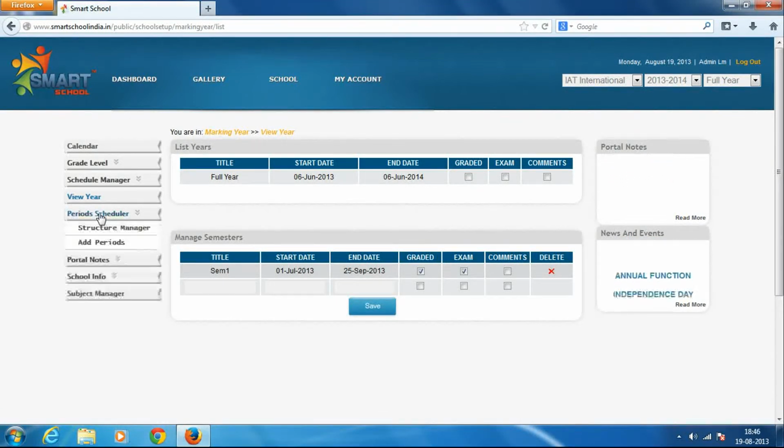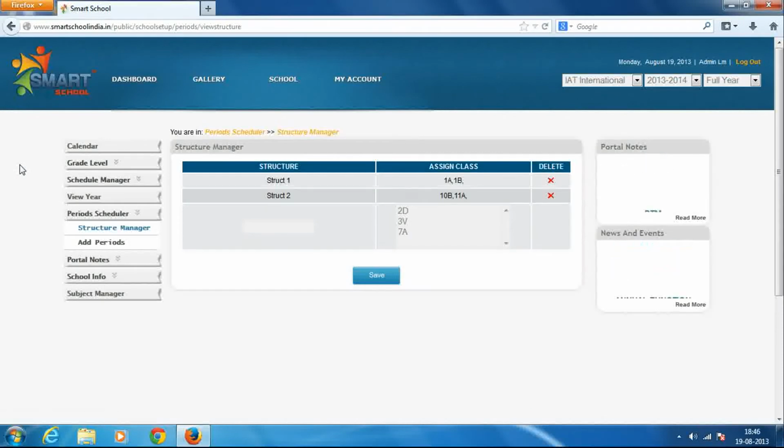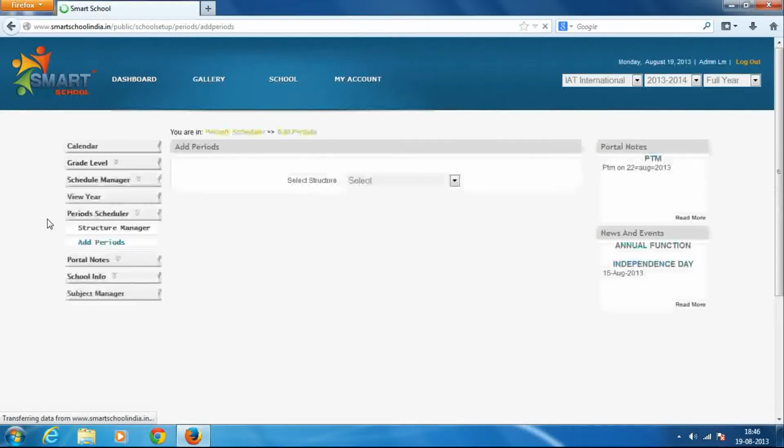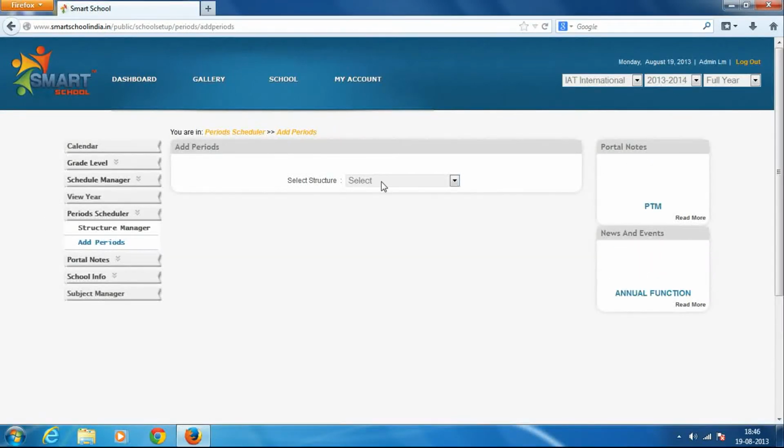Then we have period scheduler. In period scheduler, we have structure manager. Structure manager helps to create structures for different classes. Like smaller group age have different timings than for higher grade levels. So a structure helps to create periods for that particular standards.